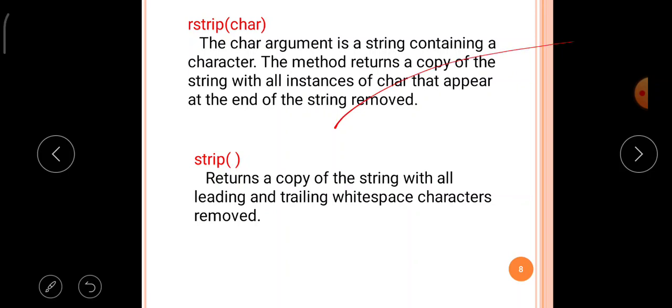Then strip. The strip function returns a copy of the string with all leading and trailing white space characters removed.